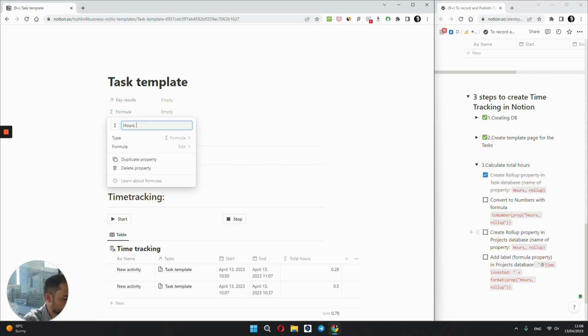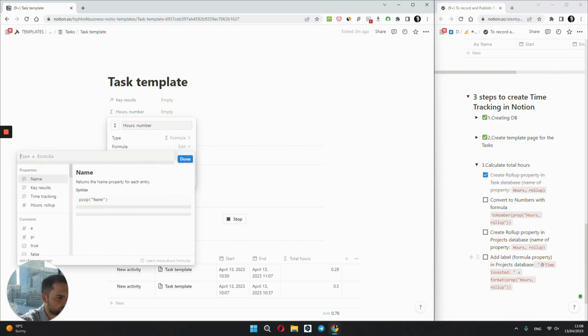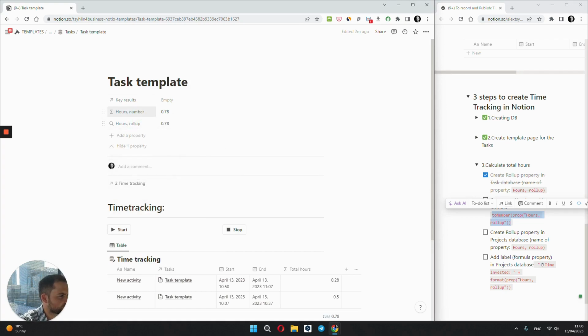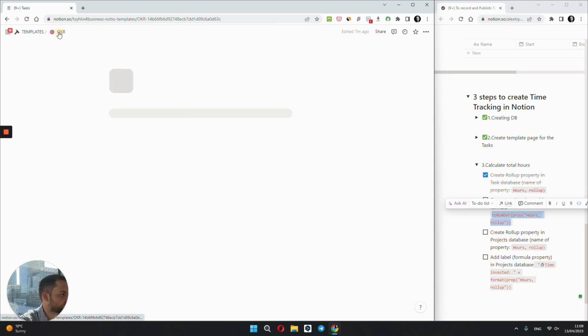Hours number, edit. So we use this formula, to number hours rollup, done. And now it's a number. We can hide this property, and now we can go to our